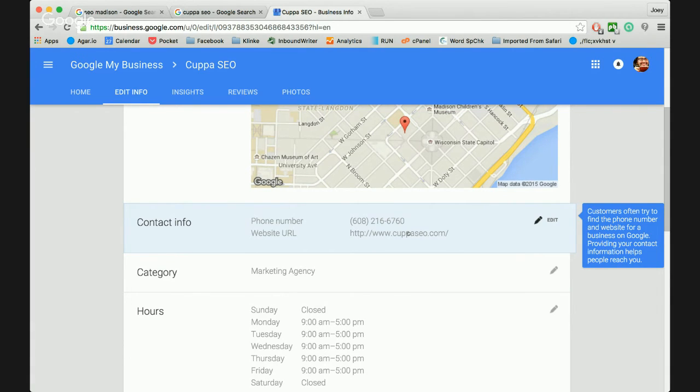It's going to be really important because one of the things that happens is the authority or how well optimized your website will affect your Google My Business ranking and where you show up. Okay, so we want to get that website address in here as soon as possible so you get credit for it. And it works the other way too. Your Google My Business authority and the ranking you have here will help your website. So it's kind of neat how everything plays really nicely together.